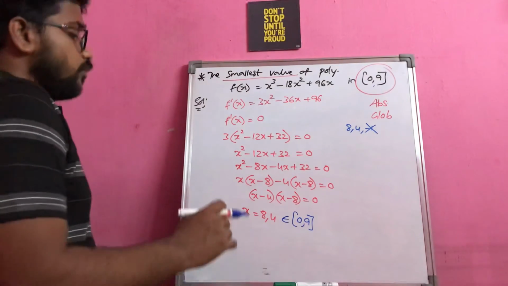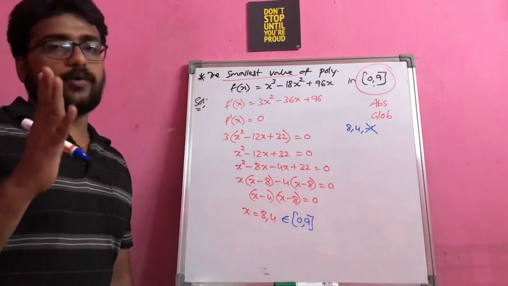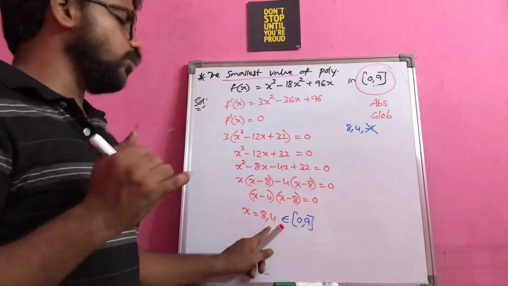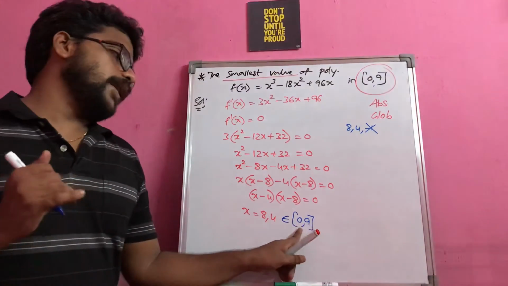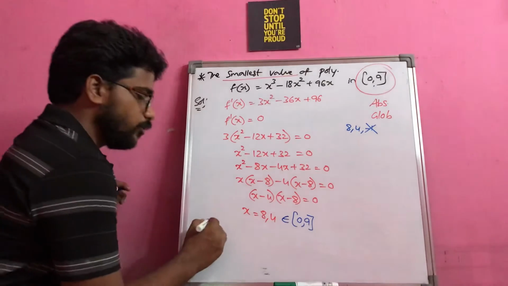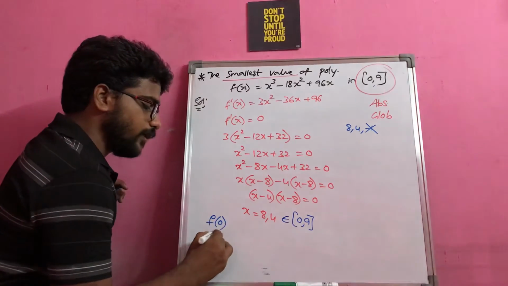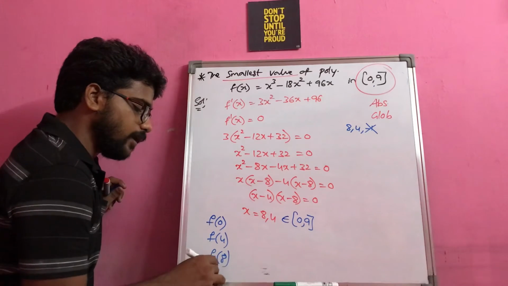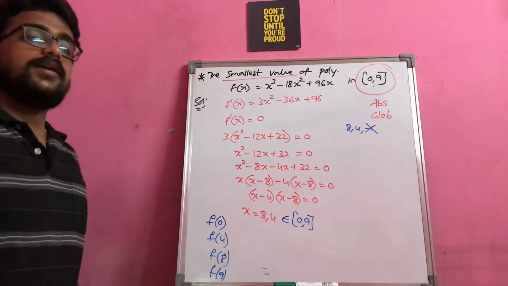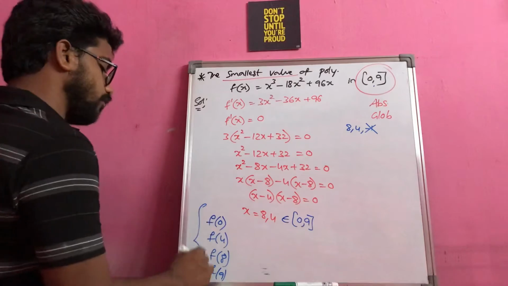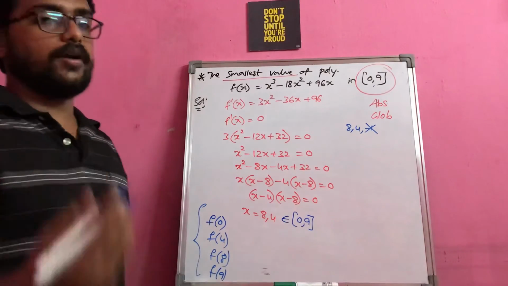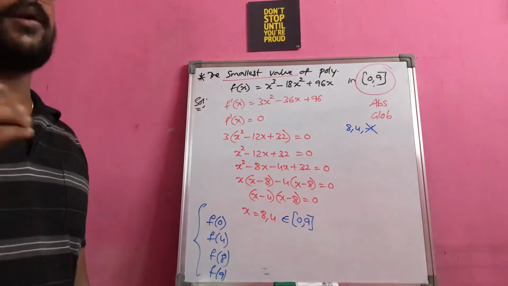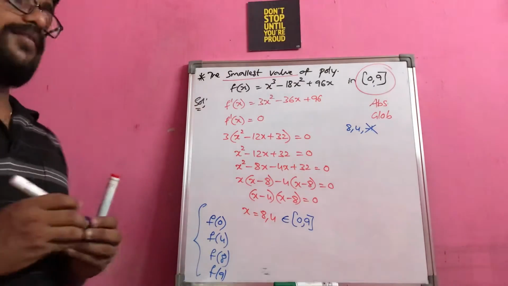Okay. So you now have the 4 points here, along with the 2 turning points, the domain minimum and the maximum value. So you have to find the function value at f of 0, f of 4, f of 8 and the last is f of 9. At these 4 values you have to find out and then come to a conclusion where you are getting the minimum or maximum. This is one way.